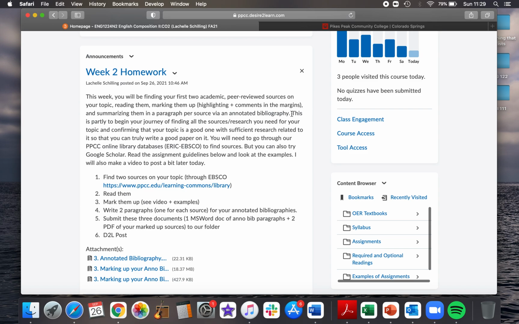So as I mentioned in the announcements, this is partly to begin your journey of finding all the sources and research you need for your topic. And it's also so you can confirm that your topic is a good one, meaning that it has sufficient research related to it so you can write a paper on it. So as I mentioned, you need academic peer-reviewed sources. Pretty much the best way to find those kind of sources is to go through our library